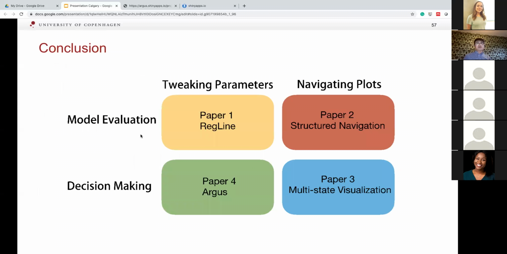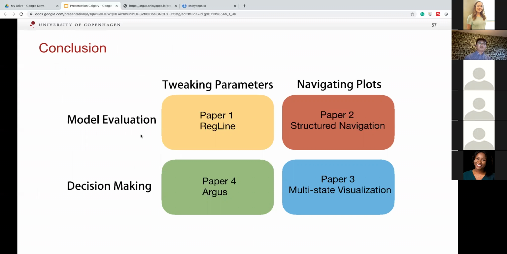In conclusion, my PhD work investigated how data visualizations can help users understand statistical models by tweaking model parameters and navigating plots. Four empirical studies were conducted, and each study contributed to a specific aspect of the research question. Projects 1 and 2 aimed to facilitate the model evaluation process.